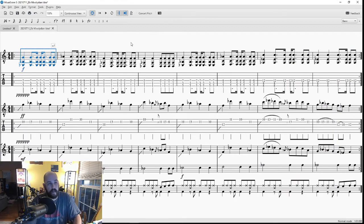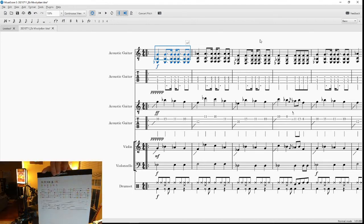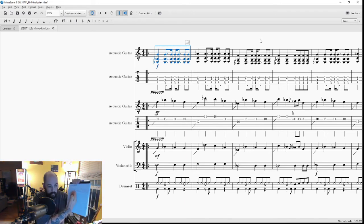So, I think it came out all right for something being so quickly put together, pretty much relying mostly on theory. When it came time to make the melody, I was actually playing on my guitar, and I have a little cheat sheet in front of me here. I don't know if you can see this, but basically I just figured out with my guitar tuning where all the notes are on my fretboard,